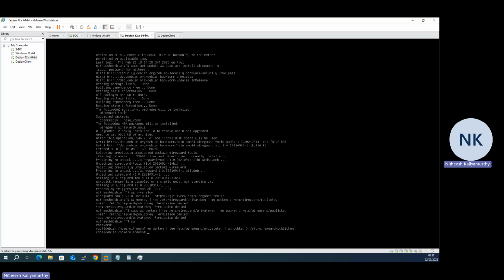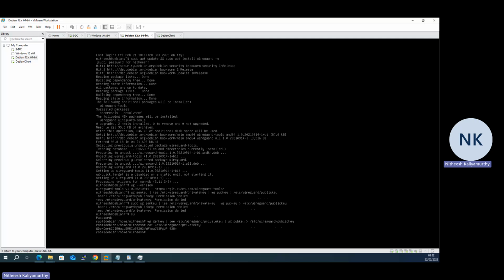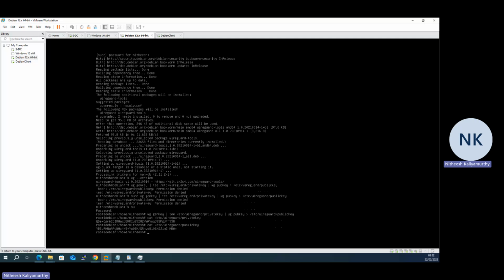Yeah, brilliant. So if you want to see what the keys are here, go to cat /etc/wireguard private key, and this is the private key. And if you want to see the public key, you just type public key, and you can see that